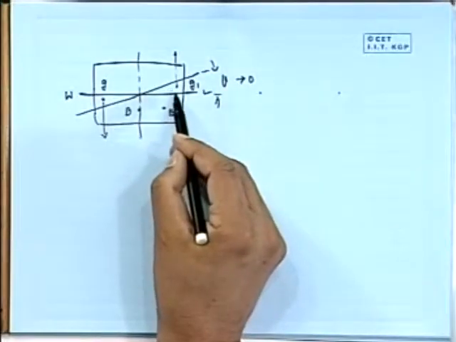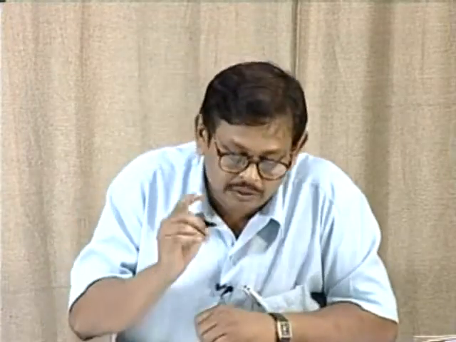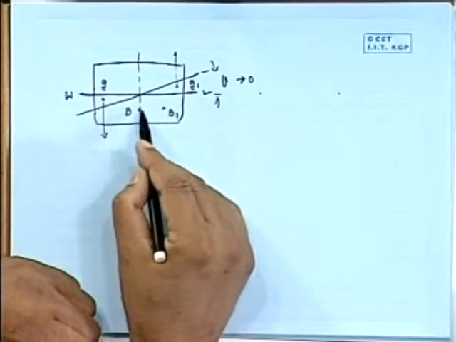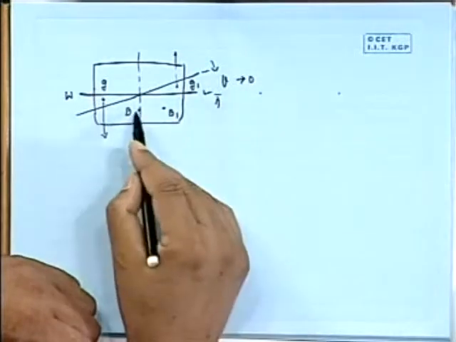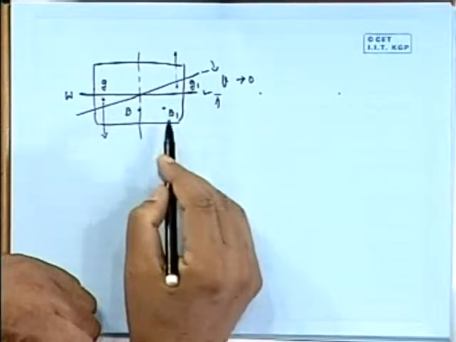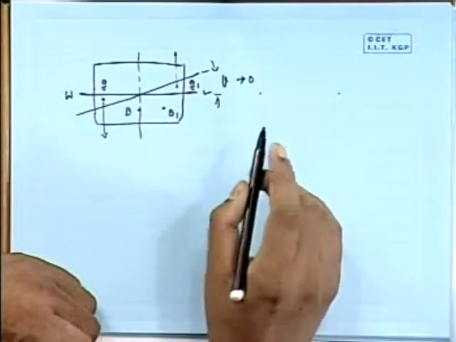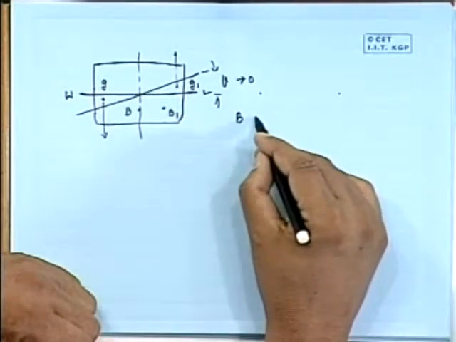But when you plot the diagrams, it appears there is a rise. That is because we are incapable of drawing a diagram with theta at 0.1 degree. That is the only reason. Otherwise, we could have shown that. The reason that comes into the picture is that when theta tends to 0, B is shifting only along the transverse direction to B1, not the vertical direction. There is just a transverse change. So B shifts to B1